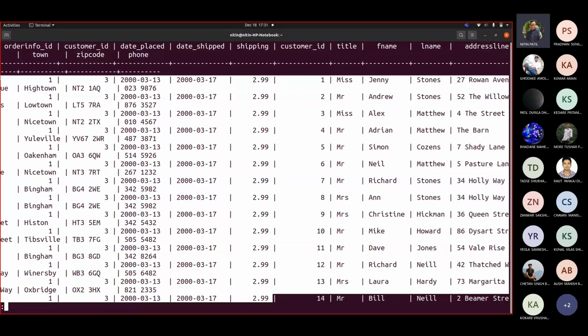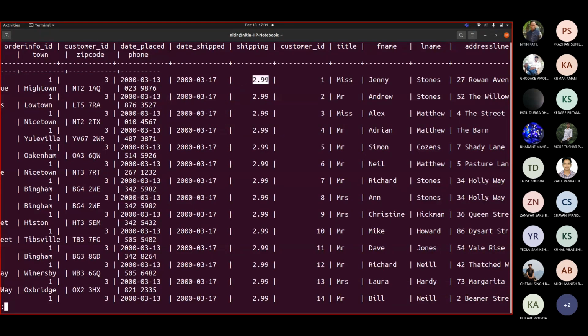How is this possible? We were expecting the 5 records from the order info table, those 5 with 1, those 5 with 2, those 5 with 3, those 5 with 4, and so on. But actually it is showing me the reverse way. Then on what basis has it chosen this?